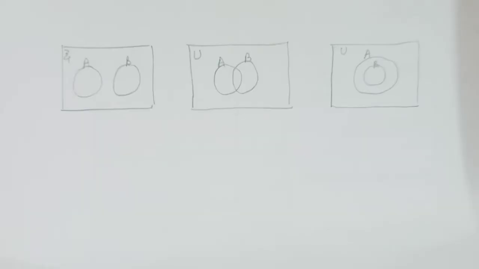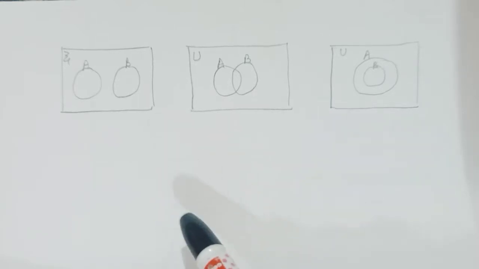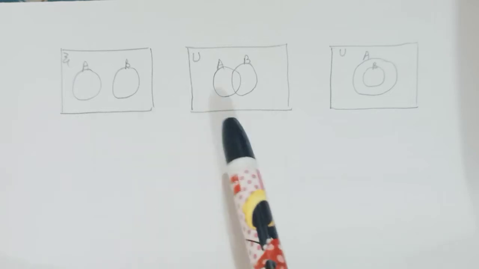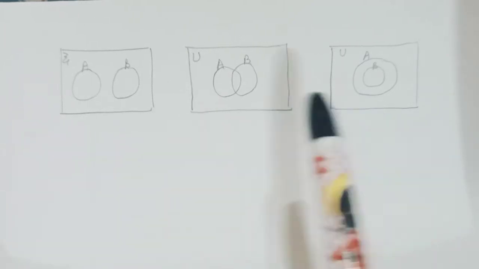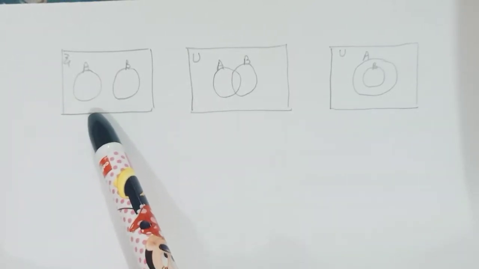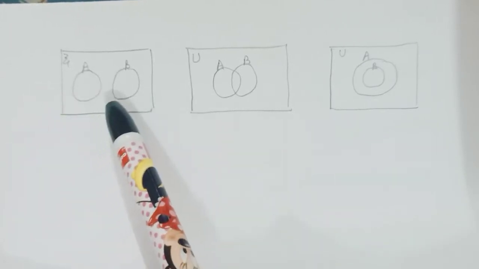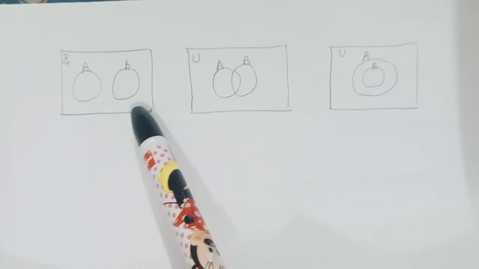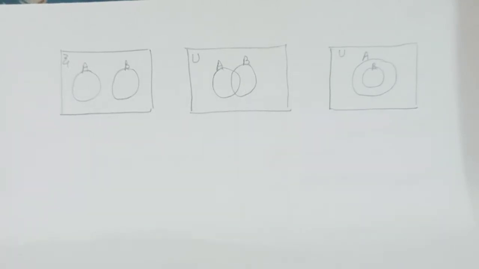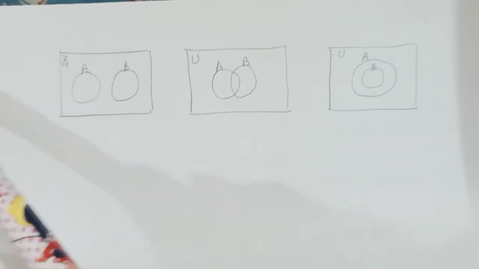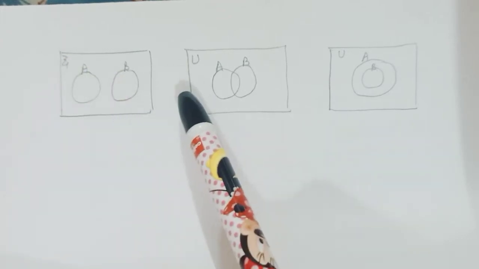Now think of it: if you have two or more sets in a universal set, then children, I've shown you three possible situations. If you have two sets, they can be like this: two circles which are far apart. This is the case of what we call disjoint sets. They have nothing in common. One set is elsewhere, and the other has nothing to do with it.